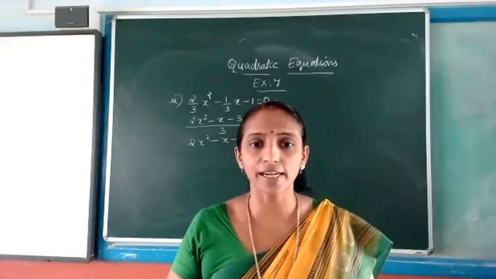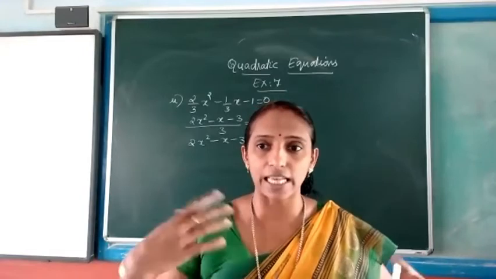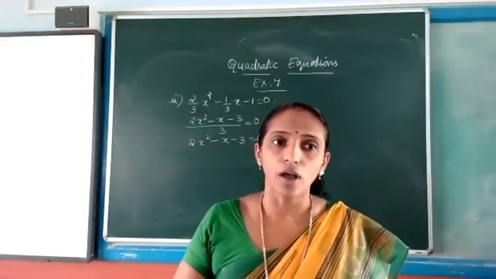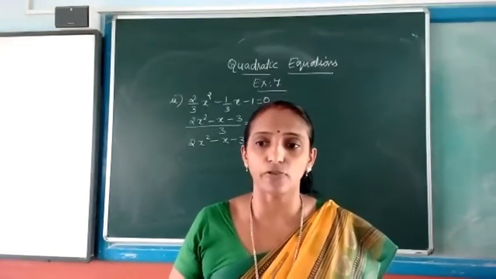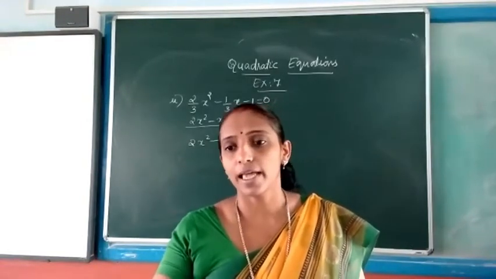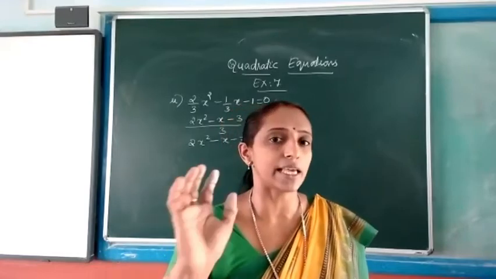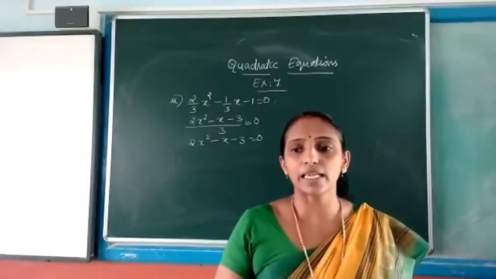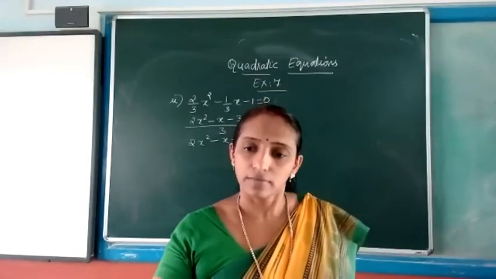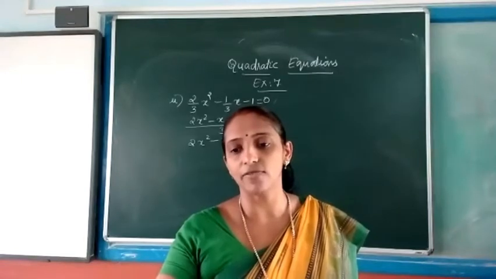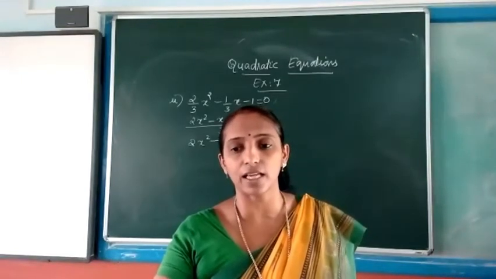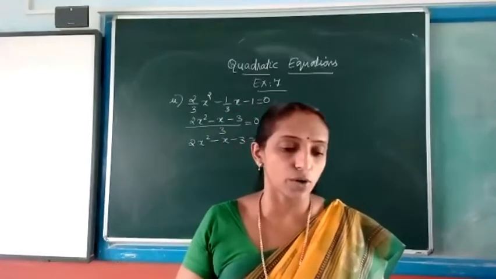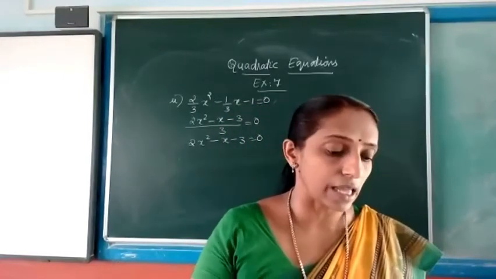If any fractional terms, any other terms, any square terms to simplify, all the simplifications you will do and you will make it into the standard form. What is our standard form? Ax square plus bx plus c equal to 0. That is our standard form. After making it in the standard form, you will factorize it the same way what you are factorizing in the case of trinomial. After factorization, you can make it into 0. You will get the two values for x.